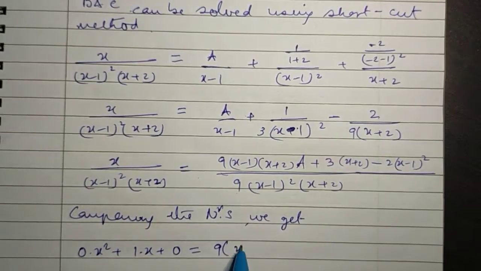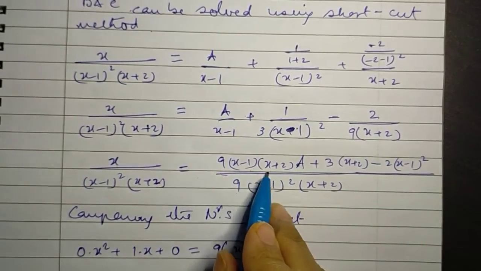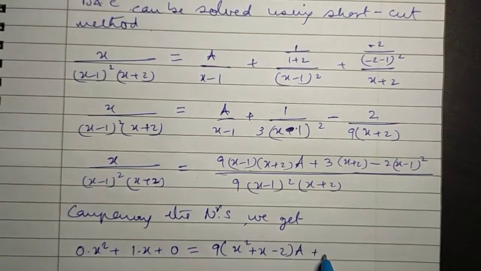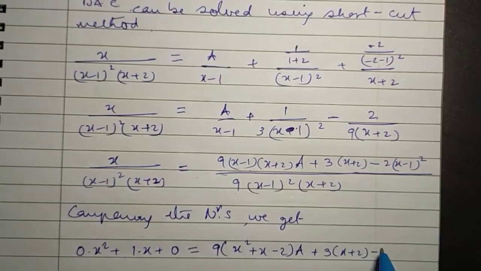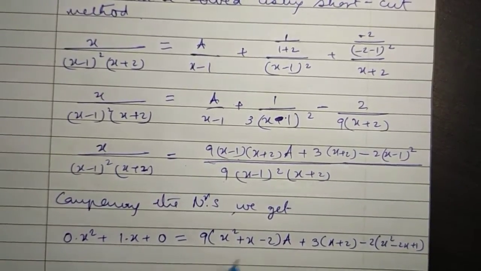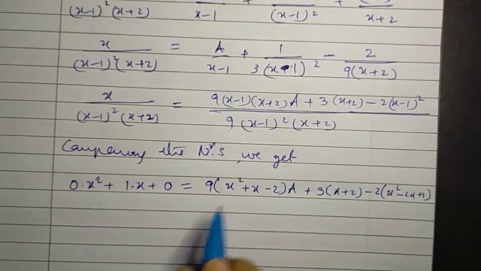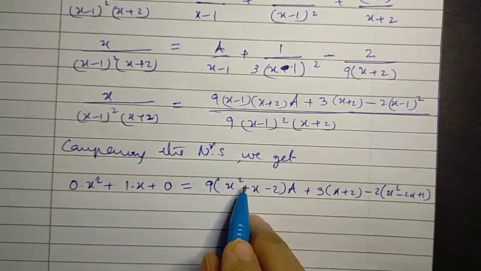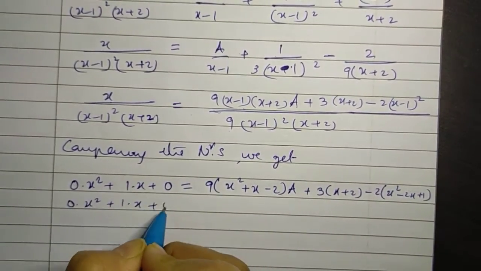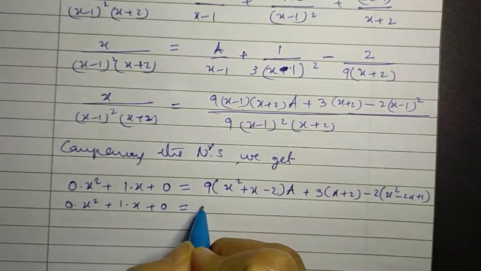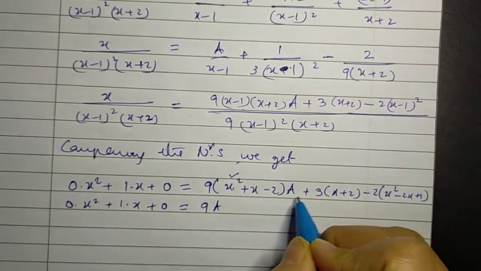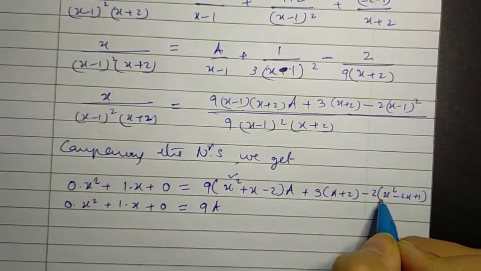So we get 9x squared minus x plus 2x is plus x minus 2 into a, plus 3 into x plus 2 minus 2 of x squared minus 2x plus 1. Okay, now let us again group these into coefficients of x squared, coefficient of x, and the constant term. So what do we get? Is equal to, now with x squared we have 9 into a, this thing is gone, and there is no x squared term here, and there is minus 2